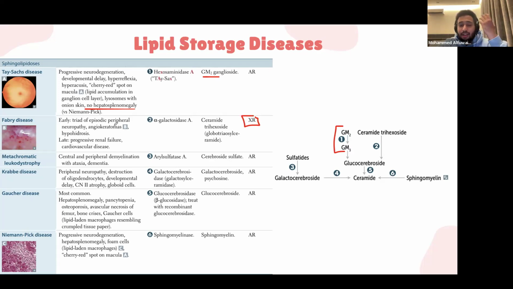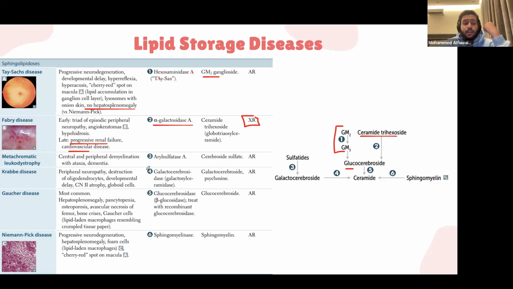Fabry disease has a lot of manifestations, but basically has an early and late phase. Early is peripheral neuropathy, in the legs most likely, angiokeratomas, which are these red spots in the skin, and hypohidrosis. Then late is progressive renal and cardiovascular disease. I don't know if Fabry will come because it's less asked. Which enzyme is involved? Alpha-galactosidase, which converts